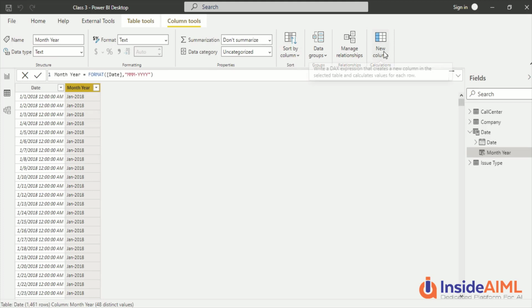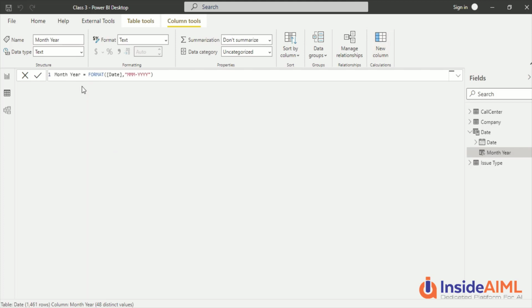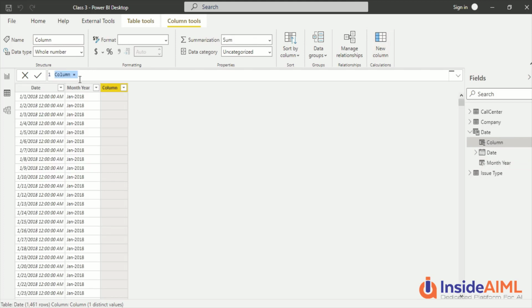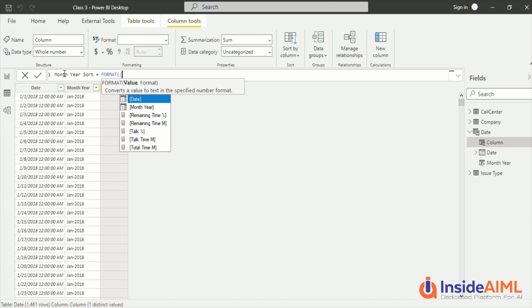You are seeing this sort by column option which is there, but we are going to utilize that very soon. But before we utilize that, we need a column by which we can sort it. And right now, quickly we are going to call it month year sort column, and we are going to use format, date, and